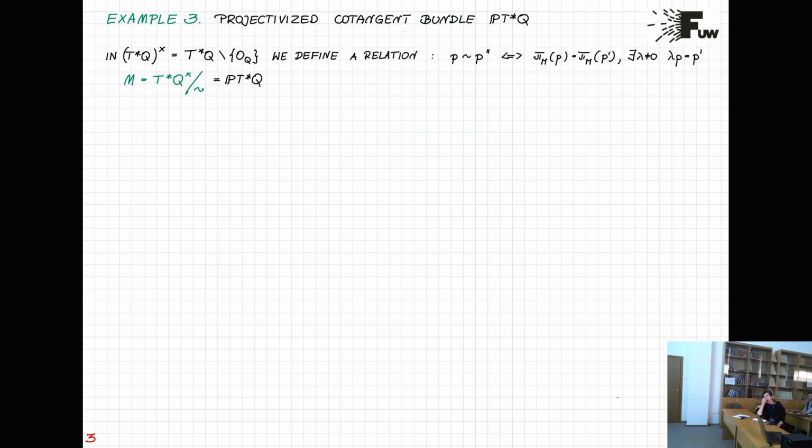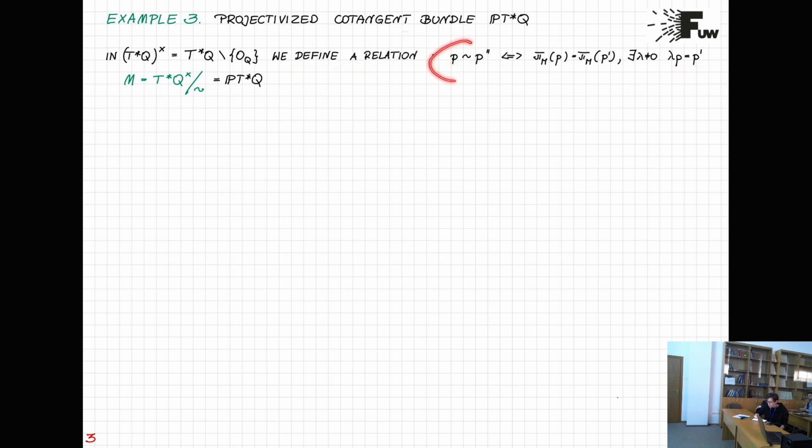So finally, we can pass to the third and last example for now. This time it will be a projectivized cotangent bundle. So we again take the cotangent bundle to any manifold we like. We remove the zero section from this cotangent bundle, and as in creating a projective space, we define a relation